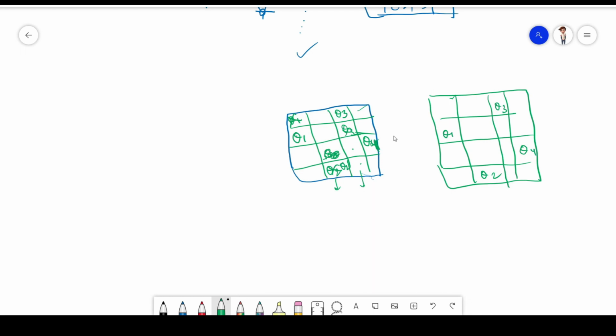And in such a case, no two queens are attacking each other, right? This is not attacking using diagonal or same vertical or same row or same column. So okay, it is clear to you.